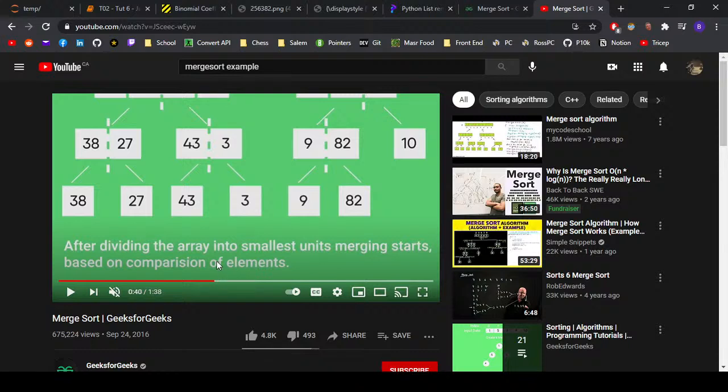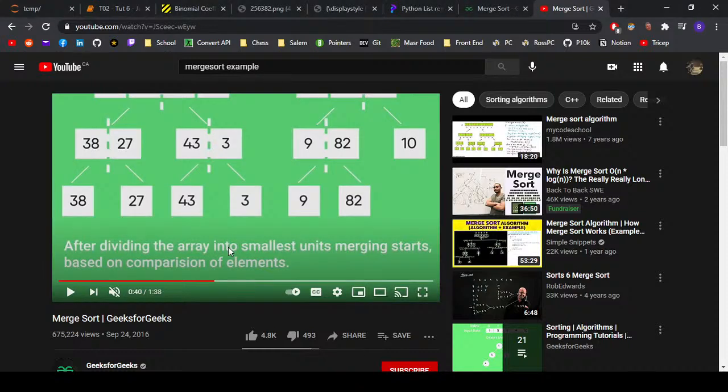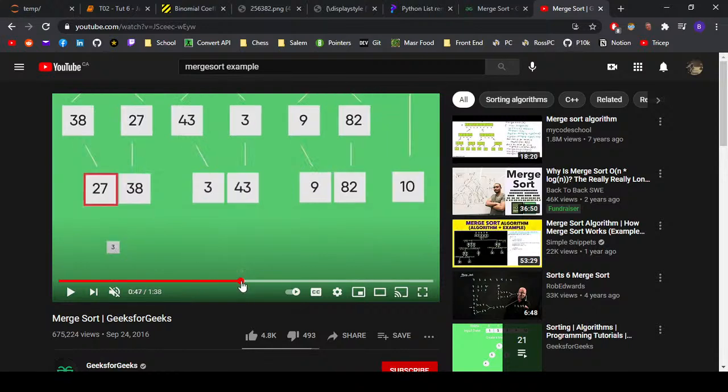The base case was that the length of the array was sufficiently small that we can't split it up anymore, right? And that's kind of what we're going to be doing in our function. We're going to be using a base case, and then we're going to be climbing back up the recursion stack, which is kind of what I showed you with this